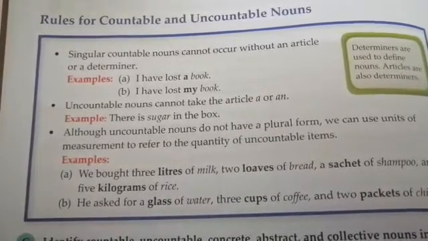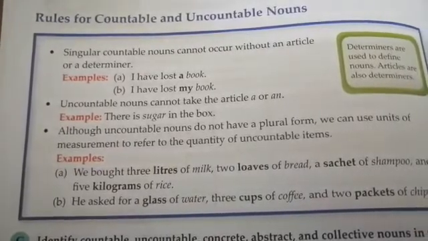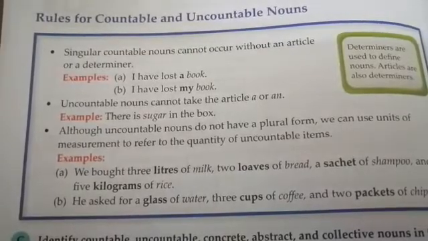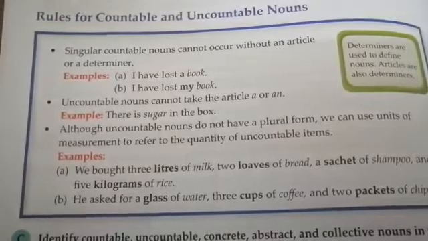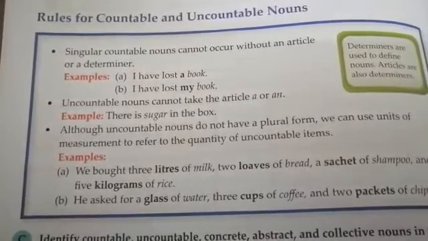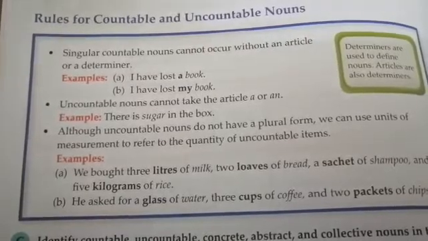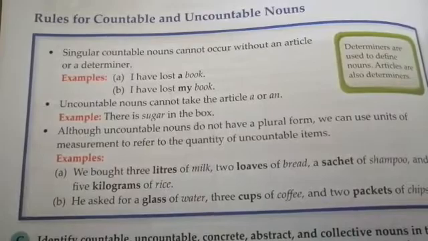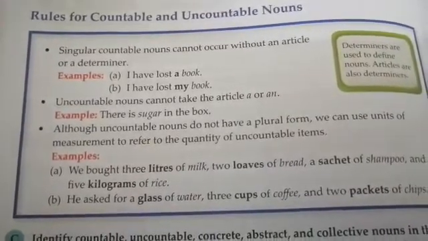Uncountable nouns cannot take an article, because when we cannot count a thing, we cannot write the article or determiner. There are 4 books in the bag. 4 is a determiner. We cannot say there are 4 water in the bag, there are 4 rice in the bag, there is a water in the bag, or there is a rice in the bag. It would be wrong. So uncountable nouns cannot take an article,